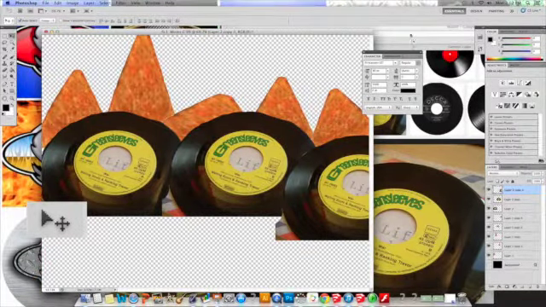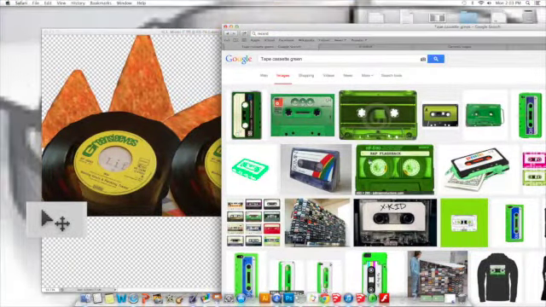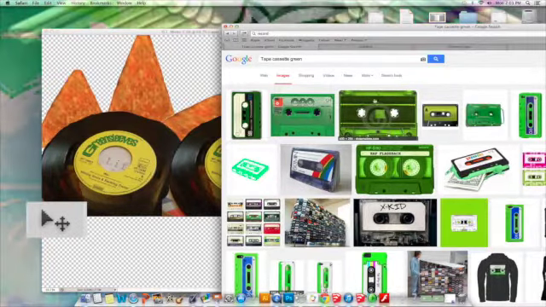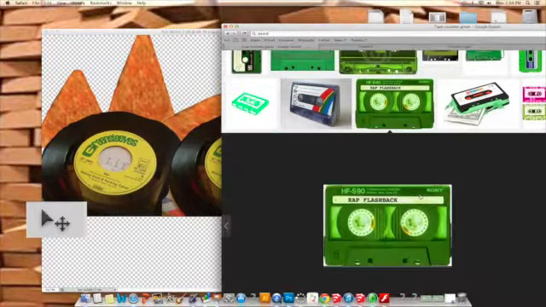Now I'm going to get my ground. I found some nice green cassettes that are going to represent my ground. Knowing that the shape is not going to give it away, I wanted to make it green so that it matches the ground. By the way, I'm going to stay away from pictures with things like this. These are called watermarks, and that's basically saying that the artist does not want to share it with you, which means it would be in violation of copyright law to take that. I'm going to take this one, however,